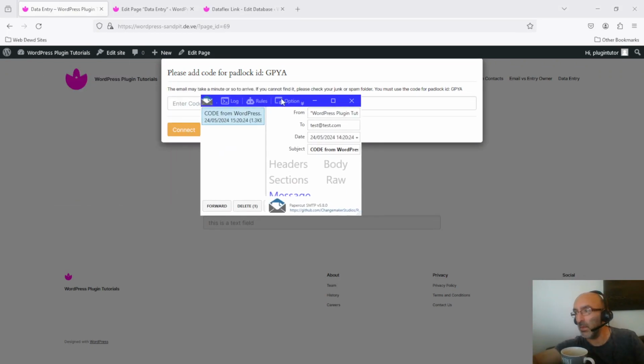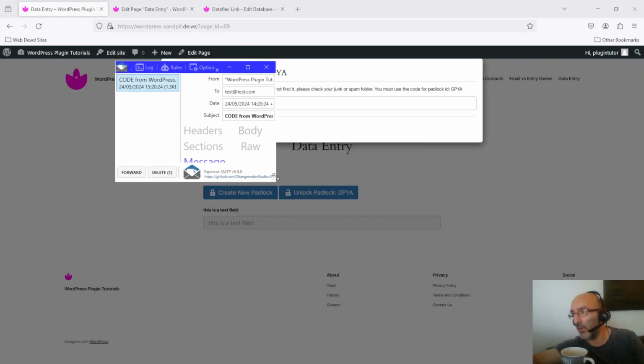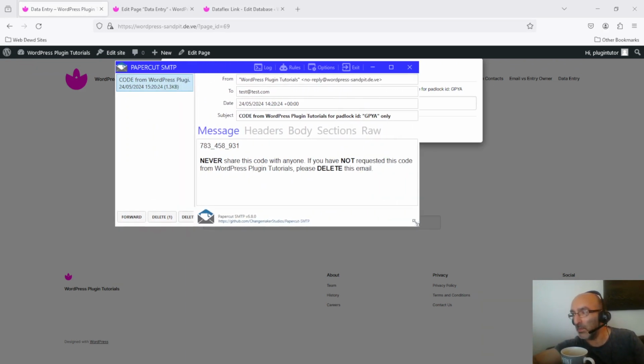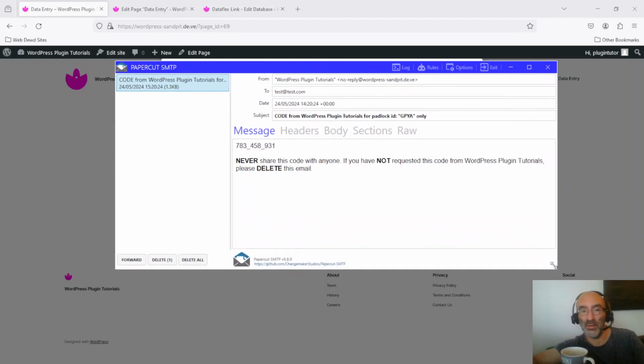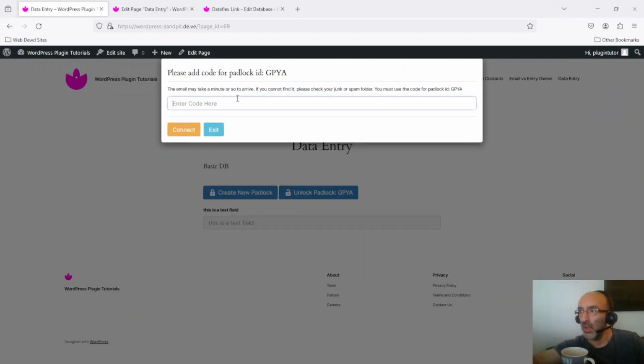This is an email on my local server. If you're interested, Papercut SMTP is a really good way of testing apps. And here we go, this is the email we get. It says the code is for this padlock, and this is the code itself. So I'm going to paste that in there,